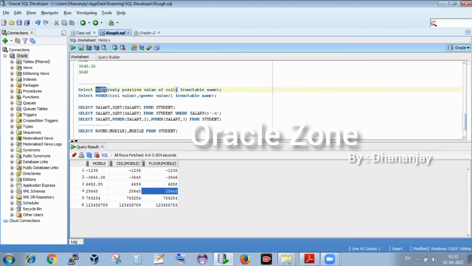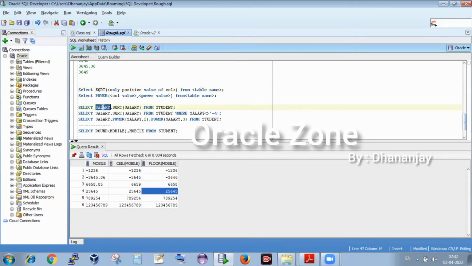So what this function is saying, this function indicates what are the values you are putting. It will perform the square root operation on those values, or that column of values, and then give the output. Okay, so its syntax is very simple. Square root, and you need to put the column name here from the table.